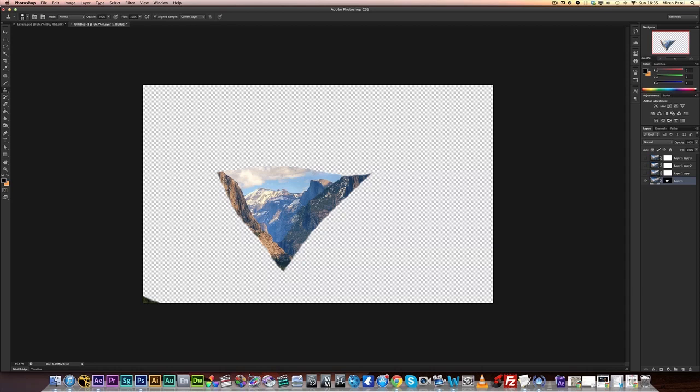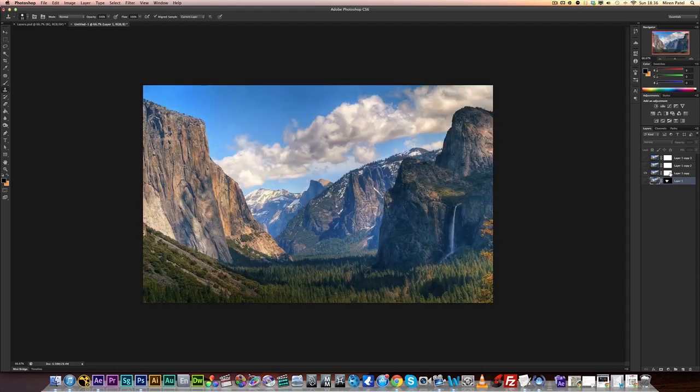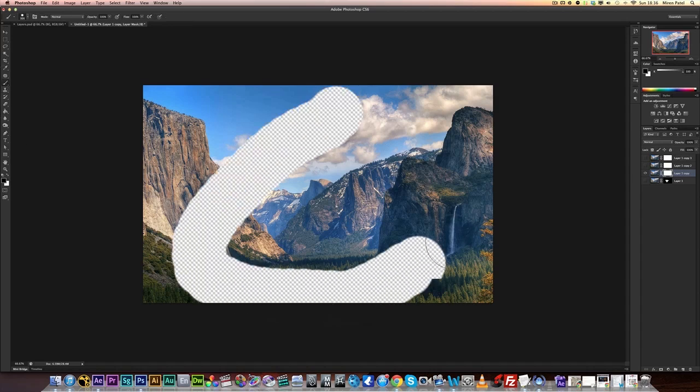Now the reason why we're doing this is because when the camera flies through, it's going to reveal parts of the mountain that we haven't seen. So you need to basically create the rest of the mountain. So all you need to do is go through some of the edges, right, and then you have a little bit more of each layer. So you want to do that with that layer, and then the next layer would be this part of the mountain here. So you just want to go in there and separate this bit,